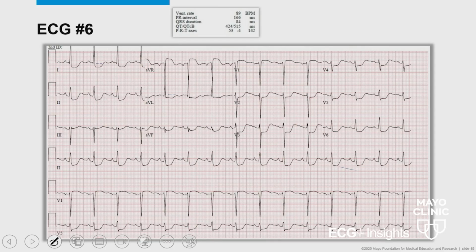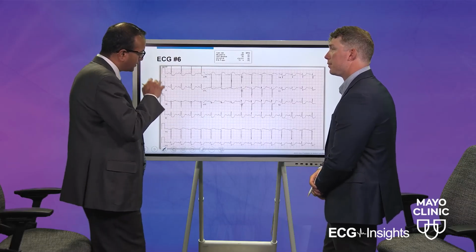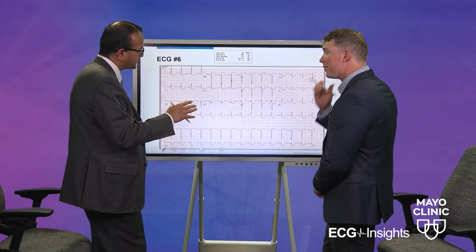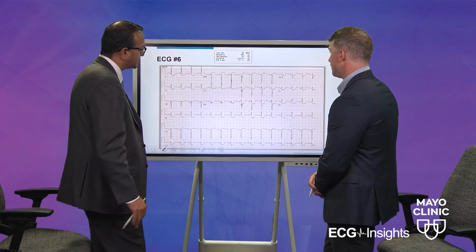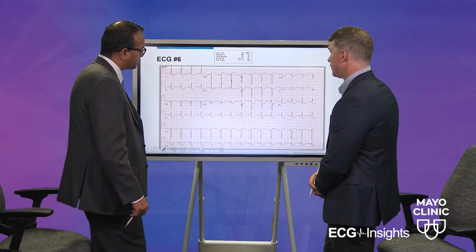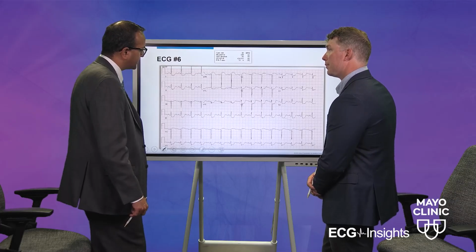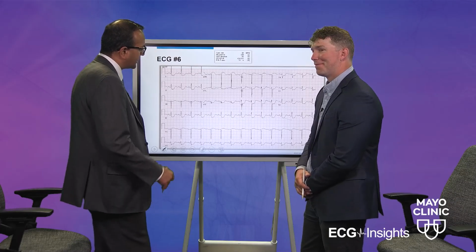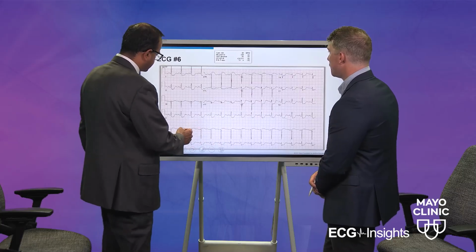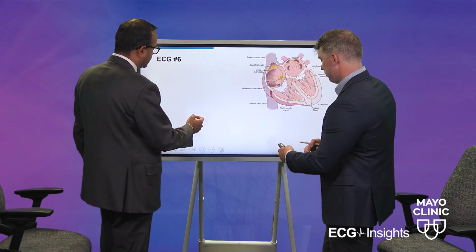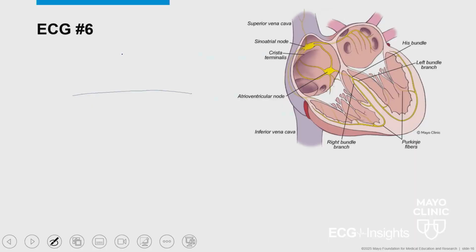Yeah, absolutely. This is a nice example where it's telling you the opposite story, because now you have reciprocal changes on all the leads and you have a true change in only one lead. So when this happens, this is consistent with a very proximal LAD or a left main disease. And it's very easy to explain also, because if you go to the next slide, it all depends again on the vector principles.